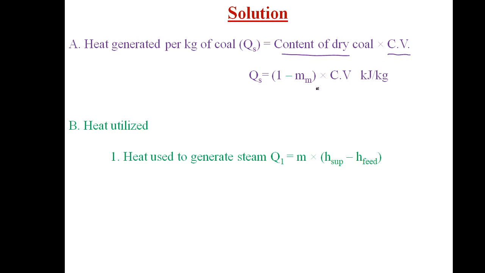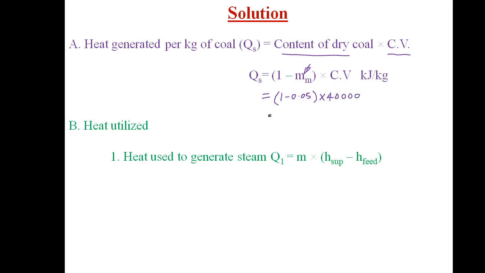So calorific value of fuel is given as 40,000. So 1 kg of fuel contains 5% of moisture. So 95% is the actual fuel and 5% is the moisture. Therefore 1 minus 0.05, mass of moisture is 0.05. If we are going to burn 1 kg, then that 0.05 kg is the moisture, into calorific value 40,000.